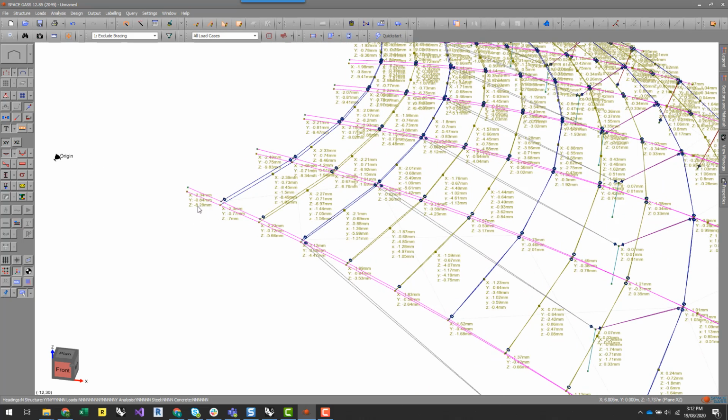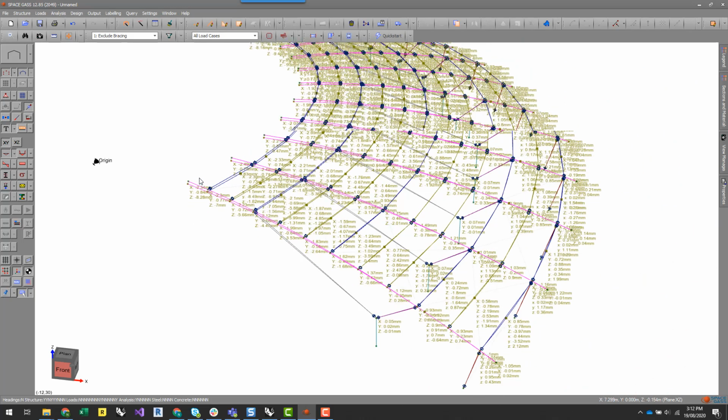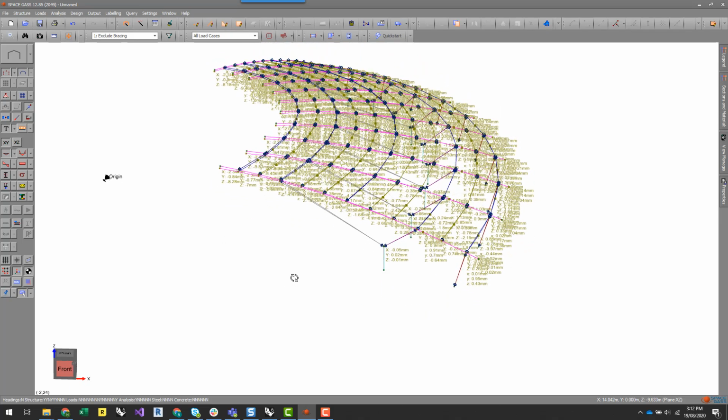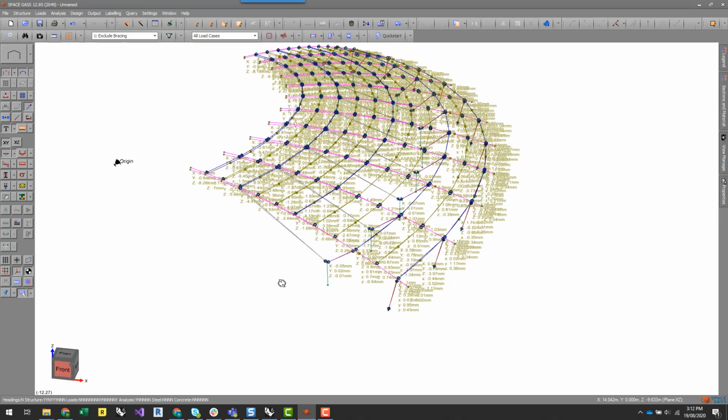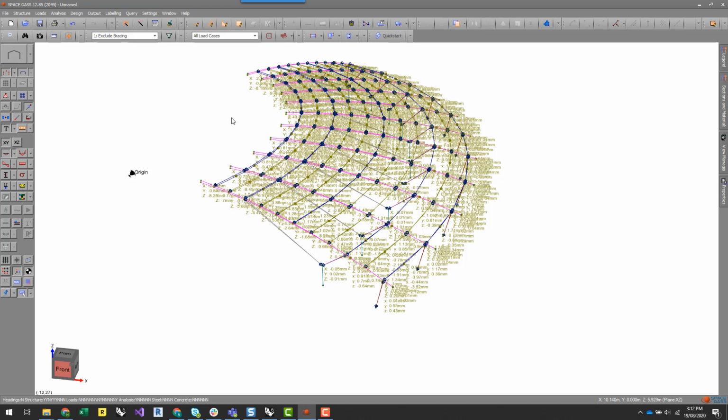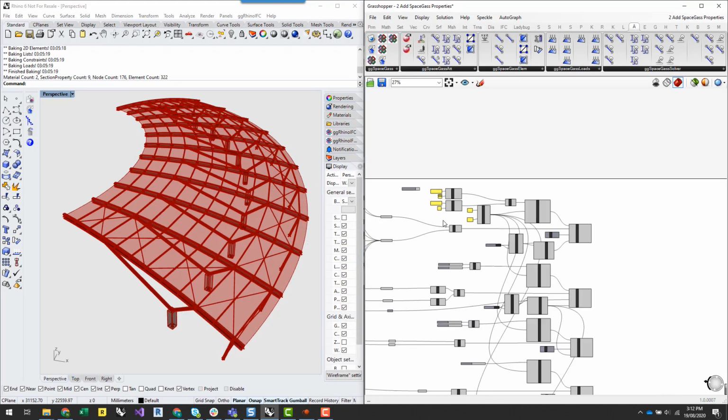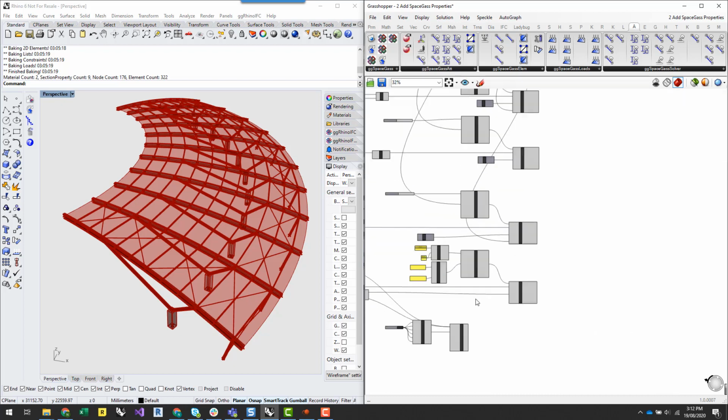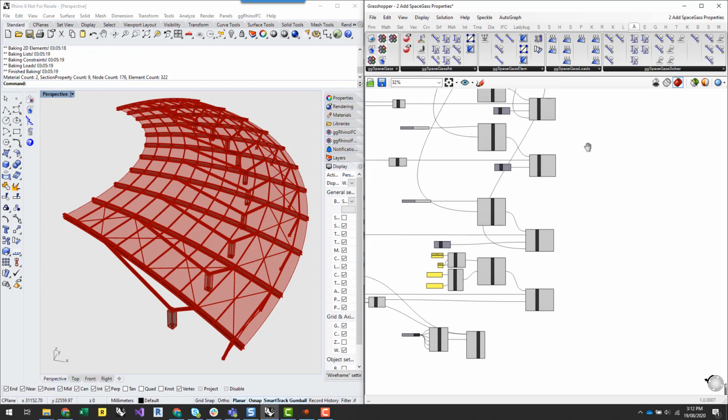So I've got about 9mm deflection at the tip of those cantilevering members. Okay, so now I'm going to start to develop this in a little bit more detail, so I don't have to manually add loads and that to